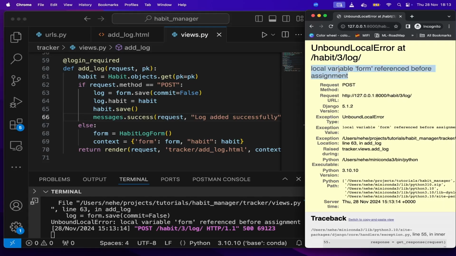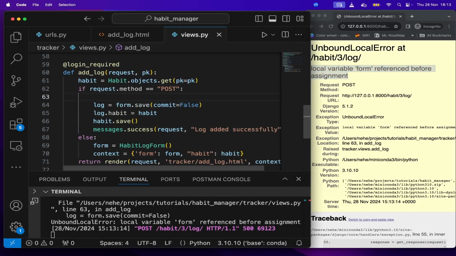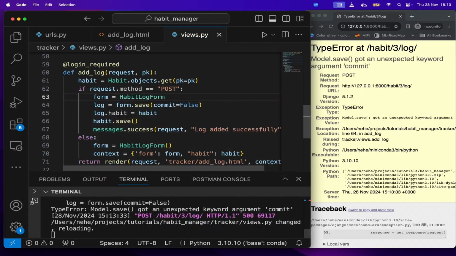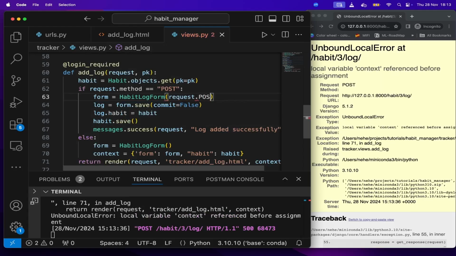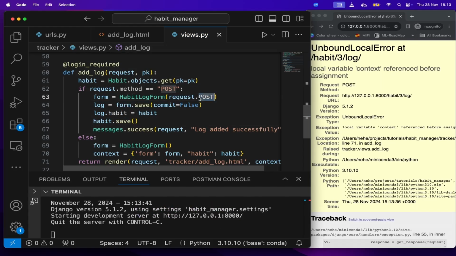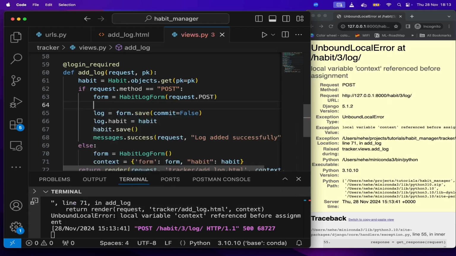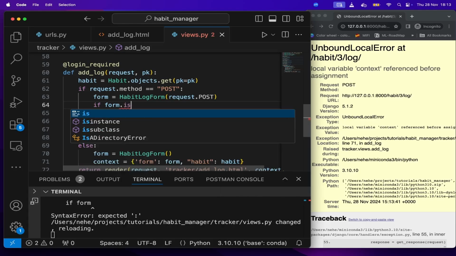Local variable form referenced before assignment. Oh yeah, here we have a mistake. We're supposed to actually get the form. Look at me going ahead of myself. So we have the habit log form, and you can say request.POST, populate the form with the post data. Then you need to check if this form is valid. So never forget this, don't forget like me. form.is_valid. If the form is valid,